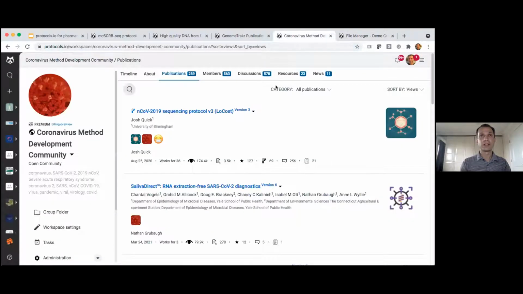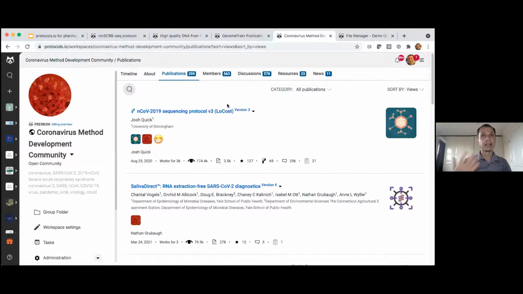And here is just another example of a workspace that got started in response to coronavirus research. And you can see there's over 500 members, 200 plus protocols inside their group folder in the file manager.